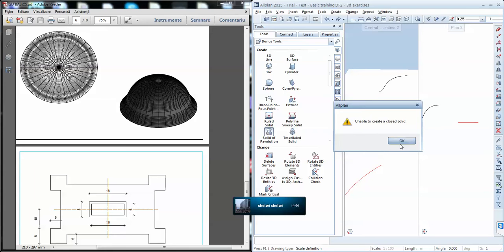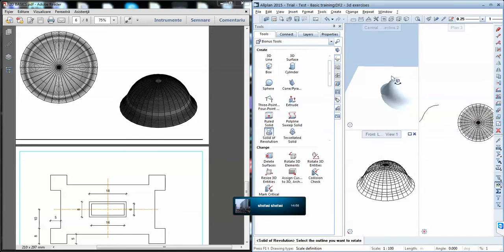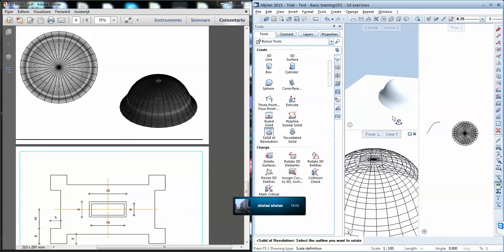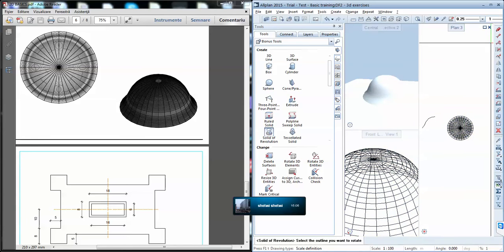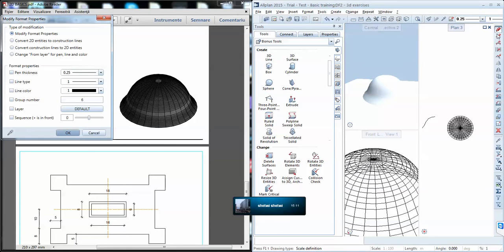Unable to create a solid. Oh, well, it did actually, and you'll see in the movie if I walk too slow. The only problem is it's white, and I'll change the color here on this pencil. With this pencil I can edit. If I want to create it from the beginning with colors, I'll use this